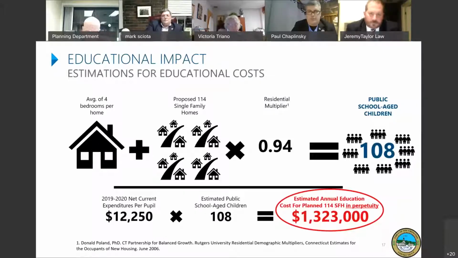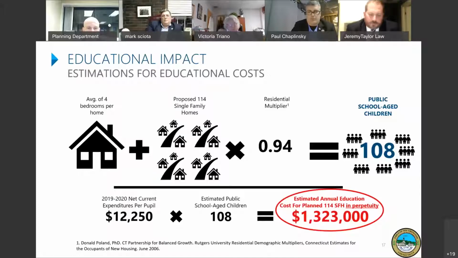Sorry, page back here. There's data out there that Rutgers University has produced, and basically what they've done is try to account for the number of school-aged children that reside in new single-family home developments. It's actually a bunch of data, but in this case, it would be single-family home developments. They're called residential multipliers. These are here to try to estimate the impact of the number of public school-aged children that might be produced